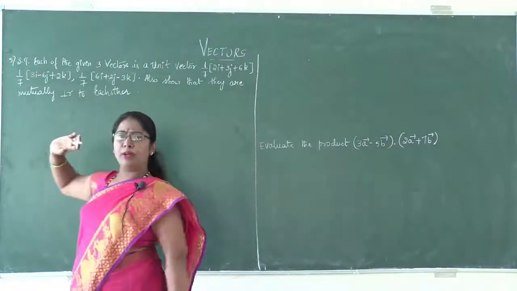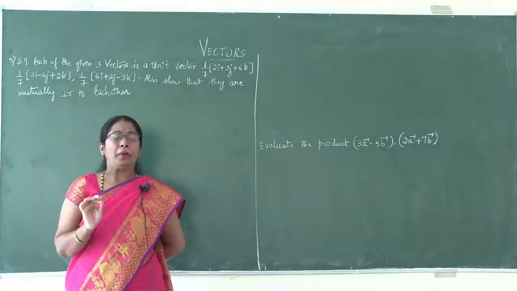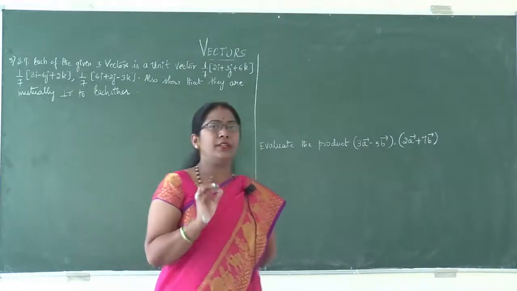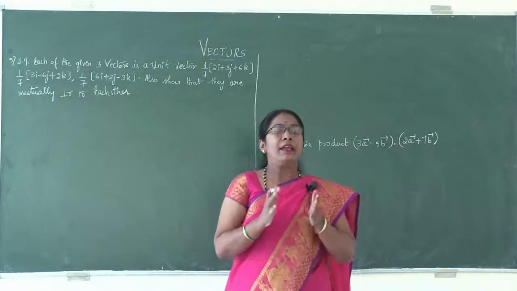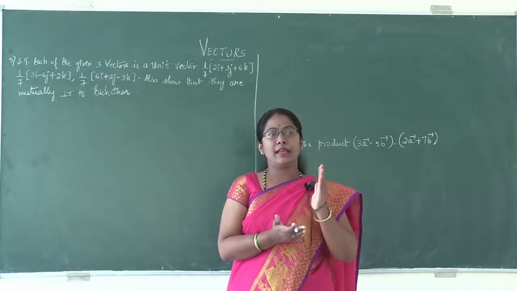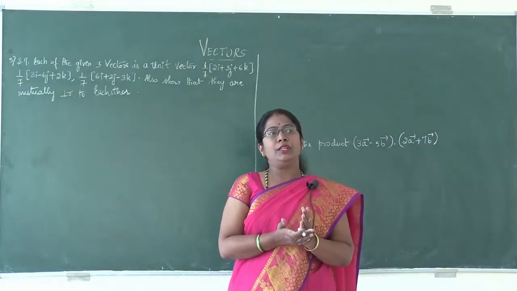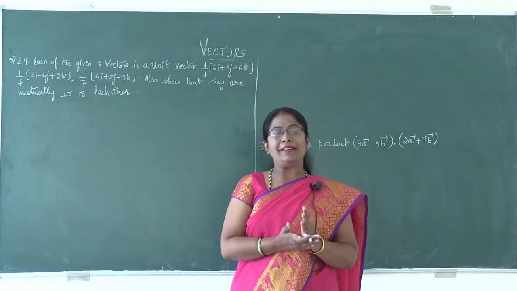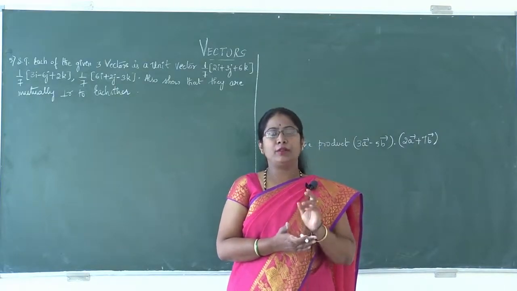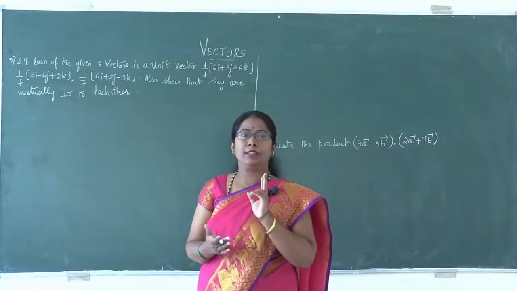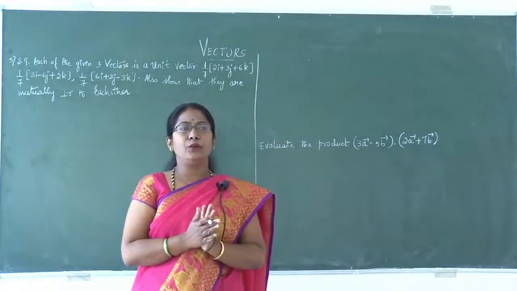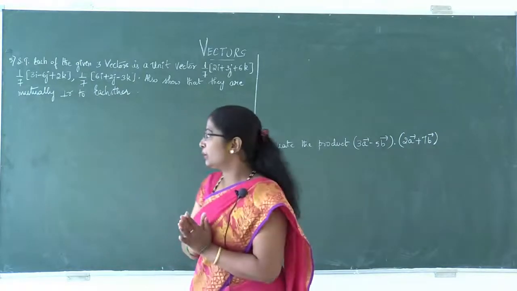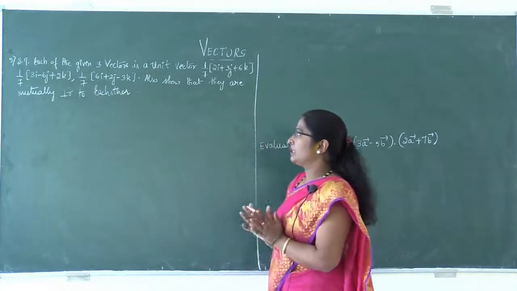So what is one of the conditions of dot product? When the dot product of 2 vectors is equal to 0, we say that the 2 vectors are at right angles. And once we say they are at right angles, they are mutually perpendicular to each other, or they are said to be orthogonal, and these vectors are said to be orthogonal vectors. Putting it in simple words, when the dot product of 2 vectors is equal to 0, we say that the 2 vectors are at right angles or mutually perpendicular to each other. So keeping this property in mind, we shall solve the given problem.